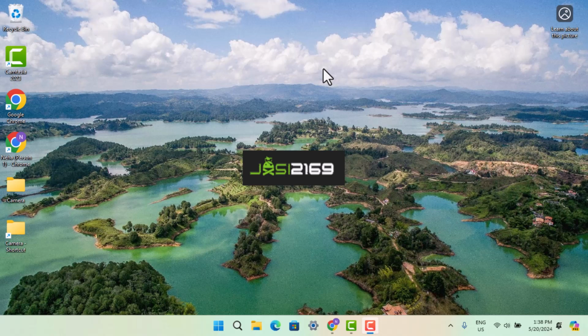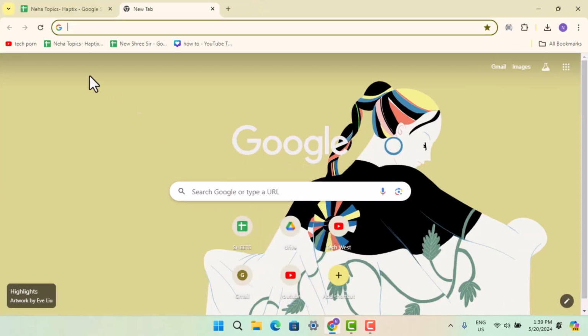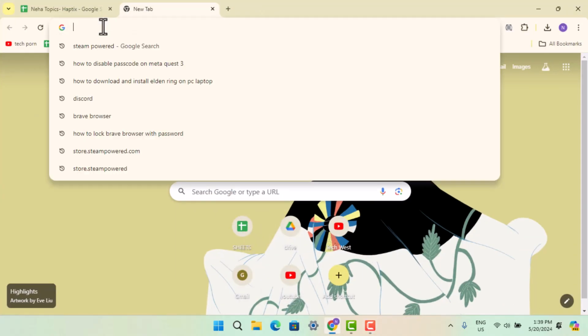In this following video, I'm going to show you the ways on how you can download and install Helldivers 2 on your PC or laptop. So in order to install and download Helldivers 2 on your PC or laptop, you have to follow these steps. First thing, you have to go ahead and open up your web browser, and when you open up a browser, on the web address bar type in